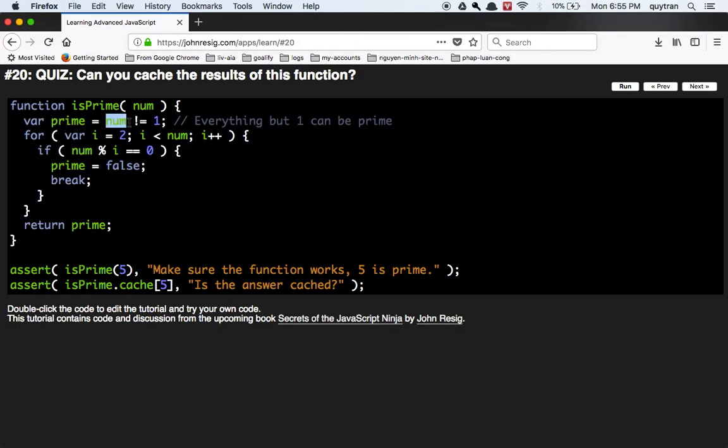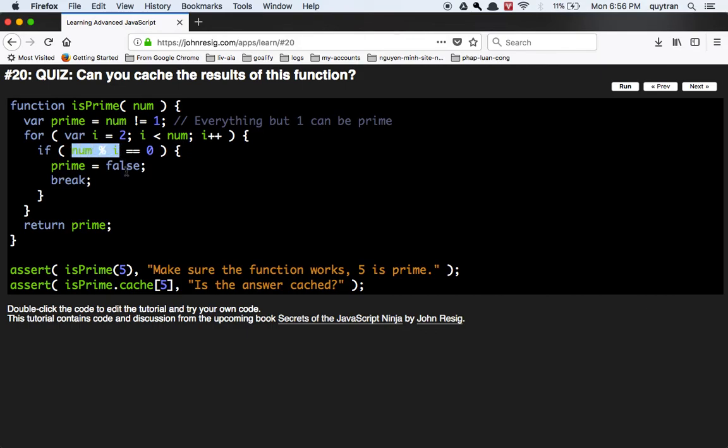Here we check if the num, meaning the value we pass in the function, is not equal to 1, so the prime variable will receive true, otherwise prime will be false. Okay, so we use the loop statement to loop through from 2 to the number less than num. Okay, and inside the for statement we check if the remainder of division